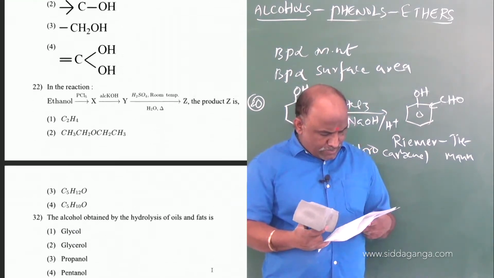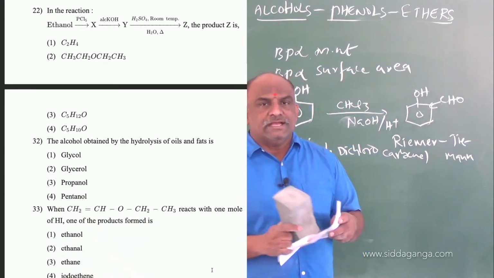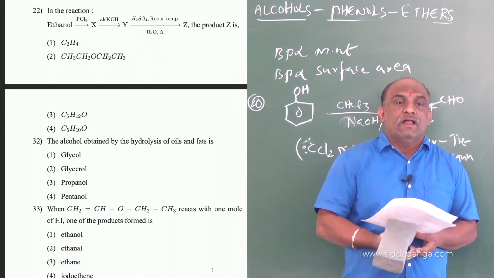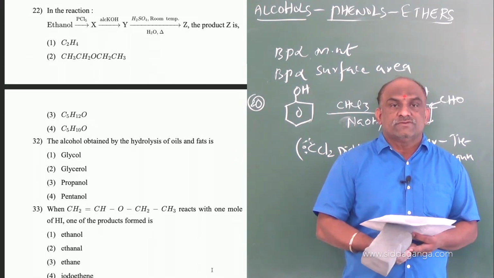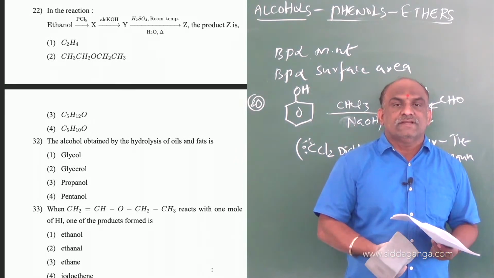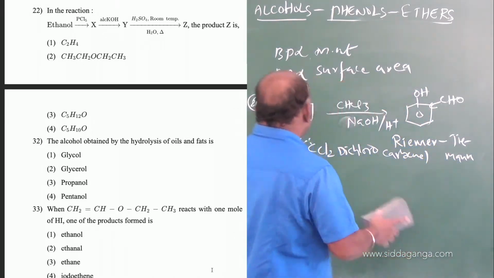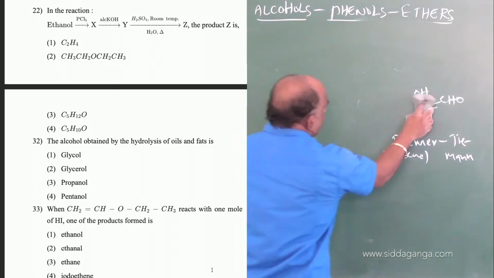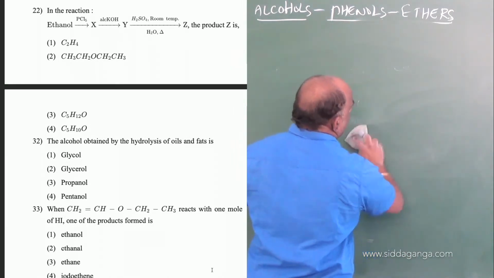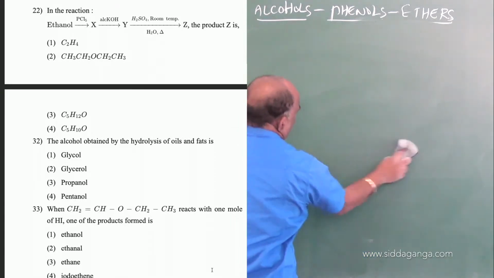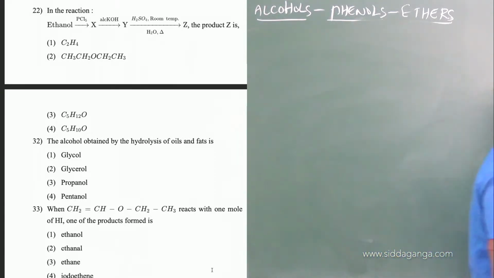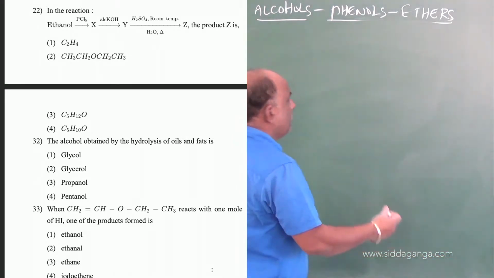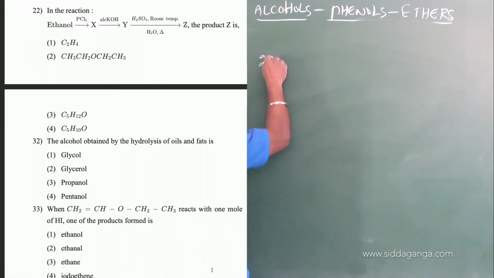Going to question number 22, a very interesting reaction: ethanol with PCl5, alcoholic KOH, followed by H2SO4 at room temperature, and hydrolysis gives rise to Z. The product Z is? You have to practice this type of conversions. Interconversions are very important. If you have complete information about the particular topic, then you will definitely find it easy to solve this type of question. Once you observe ethanol, that is question number 22. Ethanol is